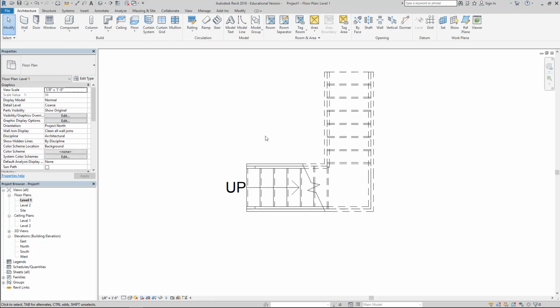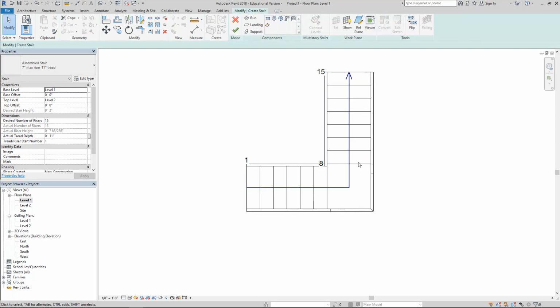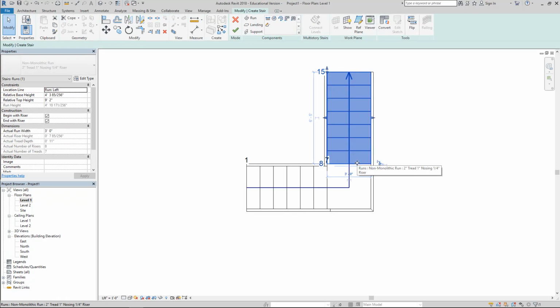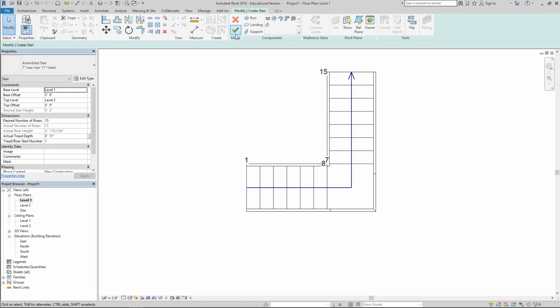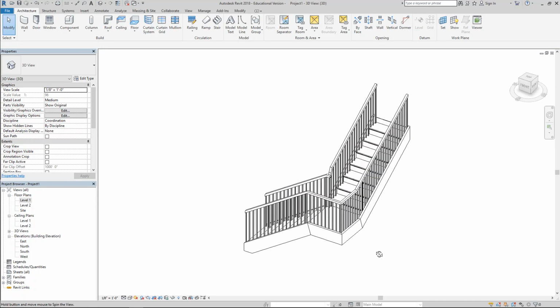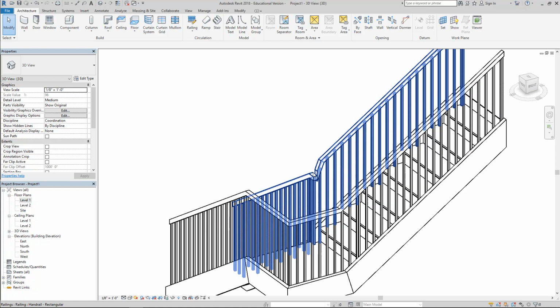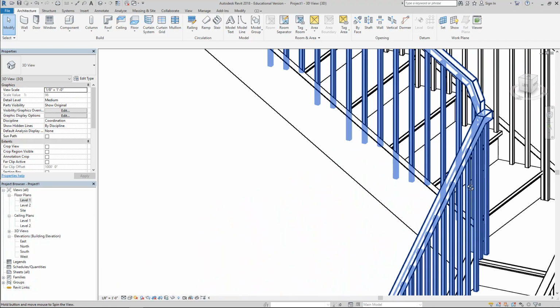So again, if I wanted to fix that, I could mess around with the railing some, and I could also just give some separation between those two. And now I don't get the error, but the railing still doesn't look exactly how I want it